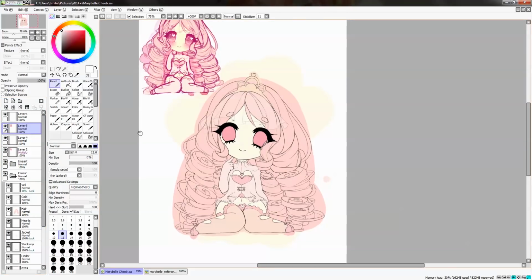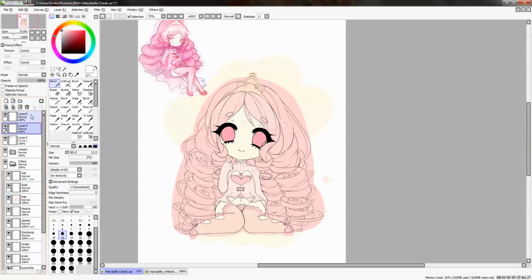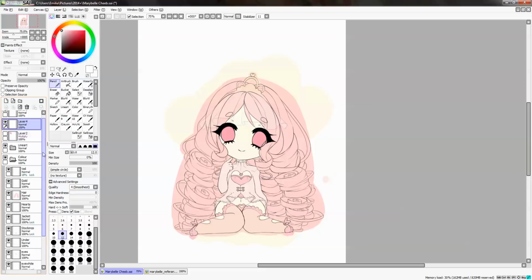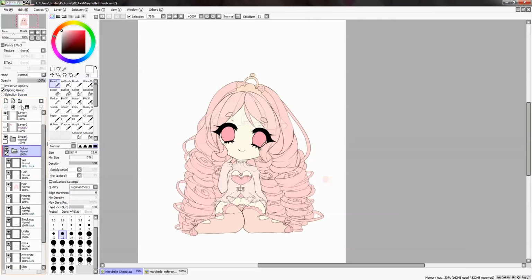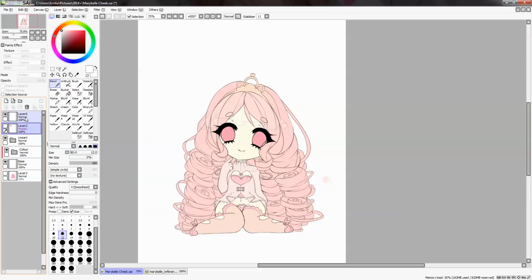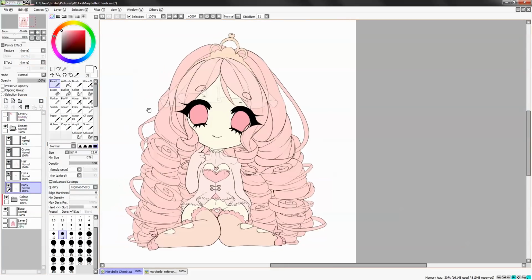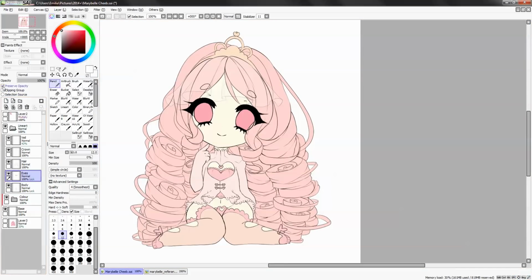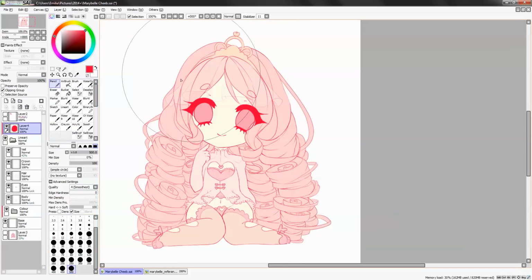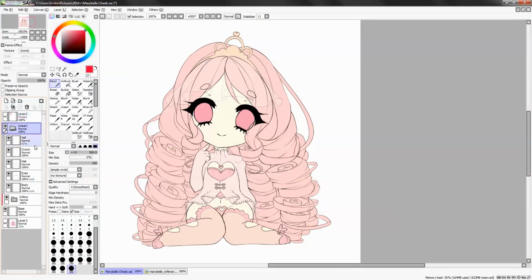Okay, now the base is done, and you can just take away this reference, and then you clip it like I said before. Plop. You can take away the extra dot I did. Ta-da! And now how to color your line art is the same thing as before. You just lock each layer, or you can always do like this. You make a new layer and then you can clip it to the group, and then you can color it how you want. However, I'm not gonna do that. I will color it each individually.